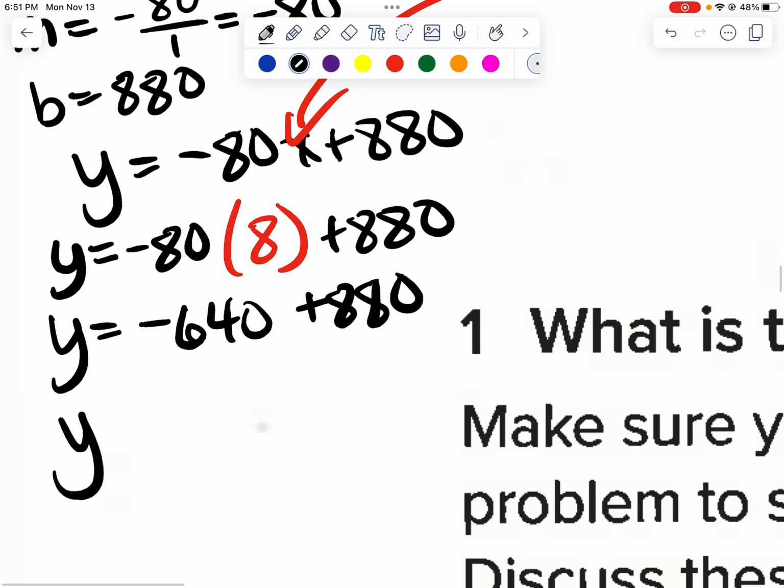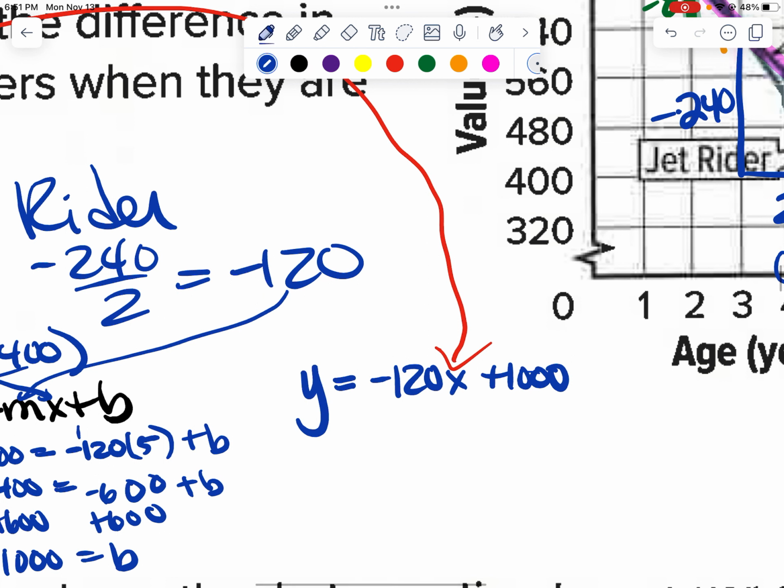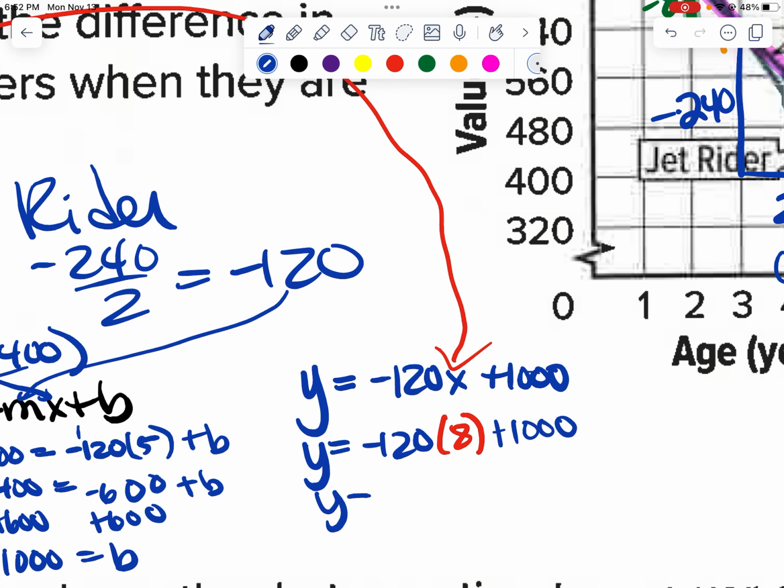If I subtract that, I get 240. So it's $240. And then I'm going to come over here and replace this x with 8. And I get 0, 6, 8, 9, 6. Oh, that was easy. And that's going to be